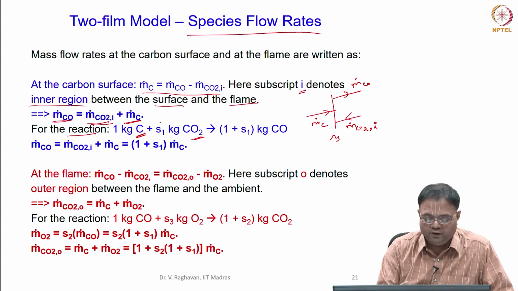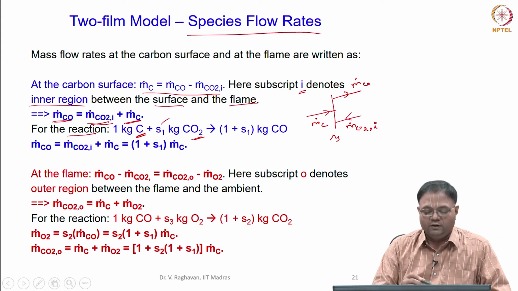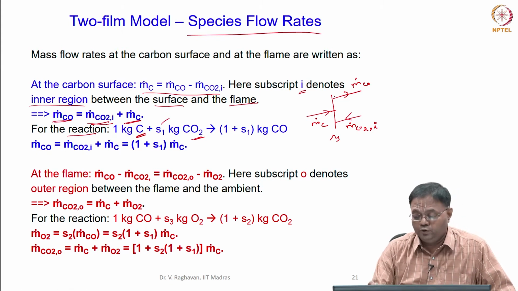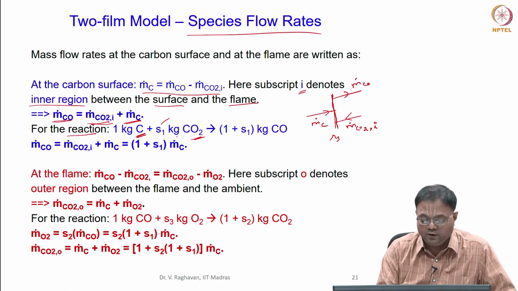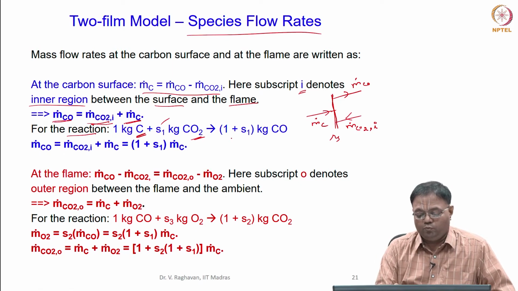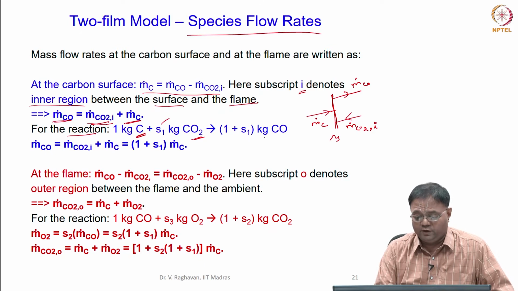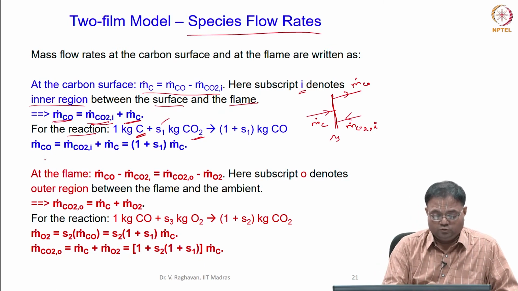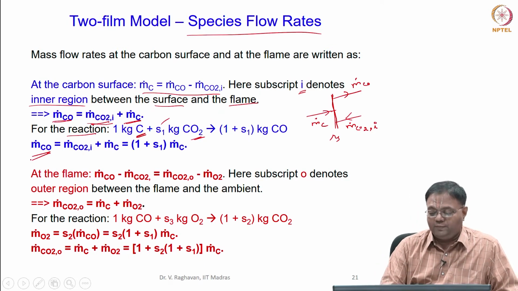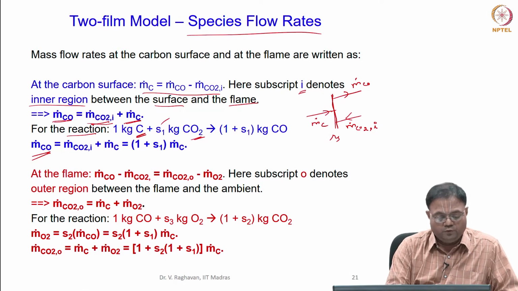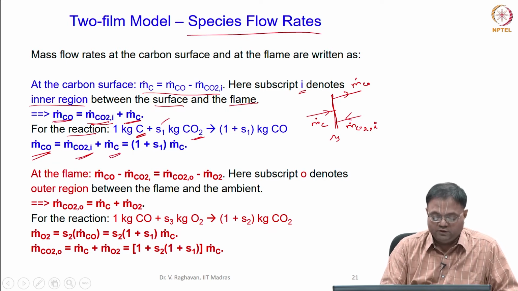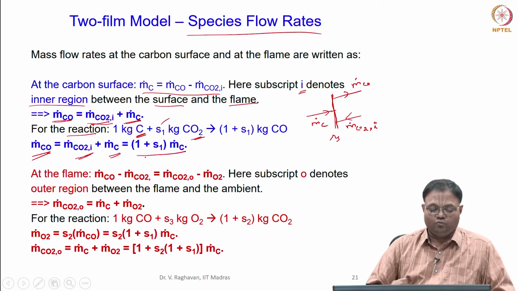For the surface reaction, I am designating the stoichiometric coefficient as S1 kg of CO2, giving 1 plus S1 kg of CO per 1 kg of carbon. So, now mass balance m dot CO equal to m dot CO2 at the inner plus m dot C, which is written as 1 plus S1 times